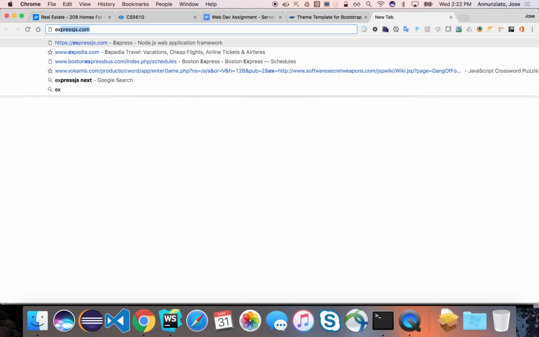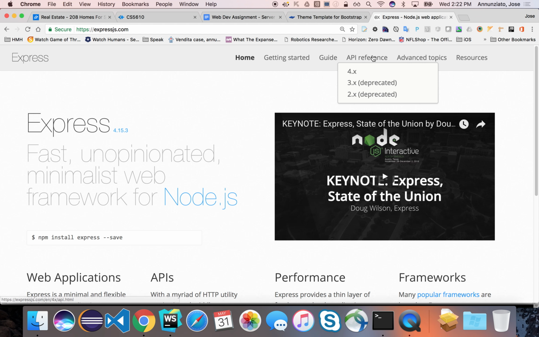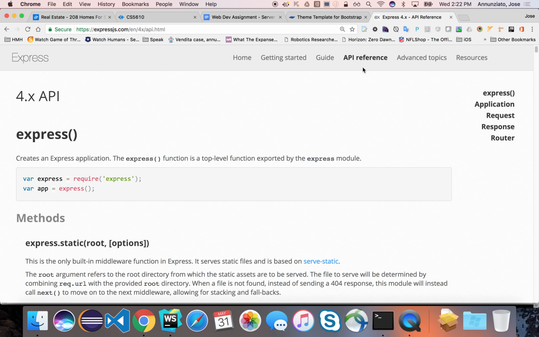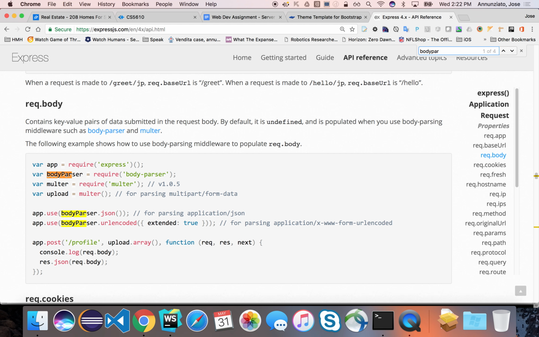If we go to the Express website, and we go to the API reference, and here you search for body parser. It gives you a little bit of documentation on how to parse JSON that the client is sending over that is encoded using this MIME type. This is what the client is sending, JSON encoded using this MIME type, application/json. So you can configure this body parser to parse data of that MIME type. To do that, we're going to use the body parser library. So we're going to have to install this